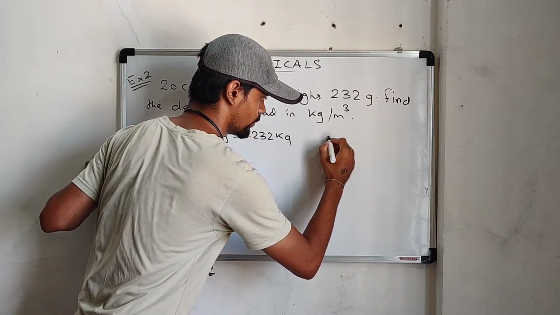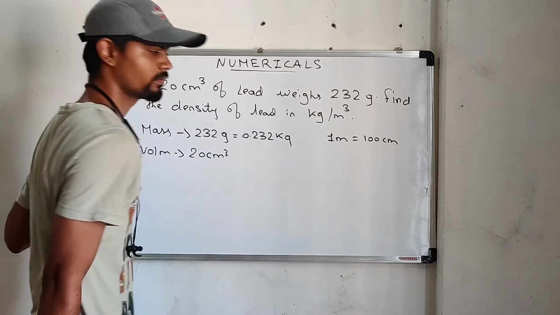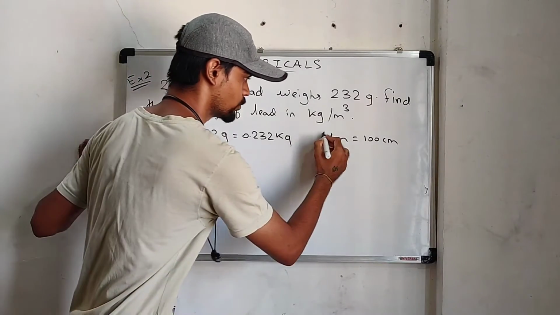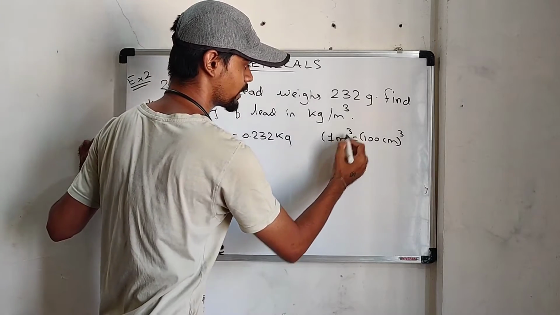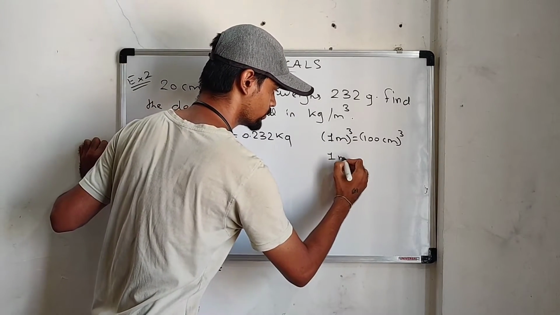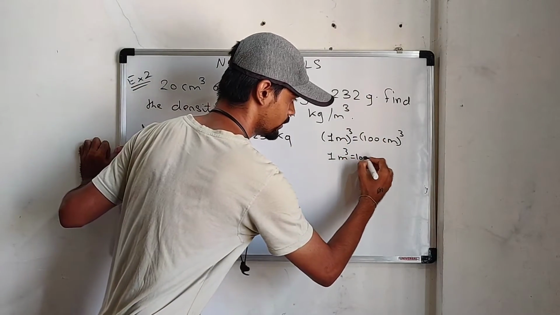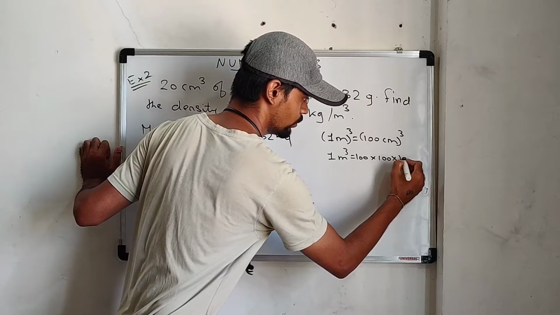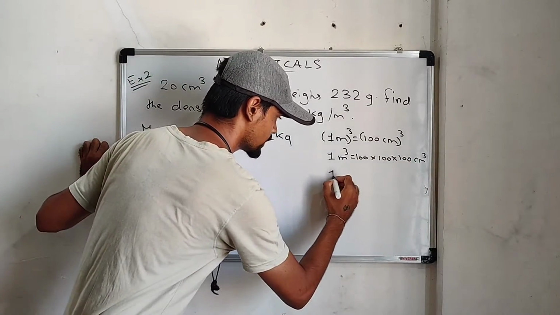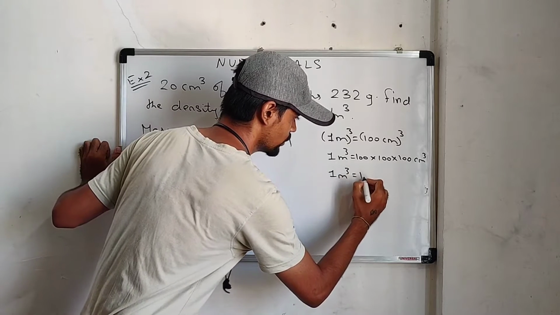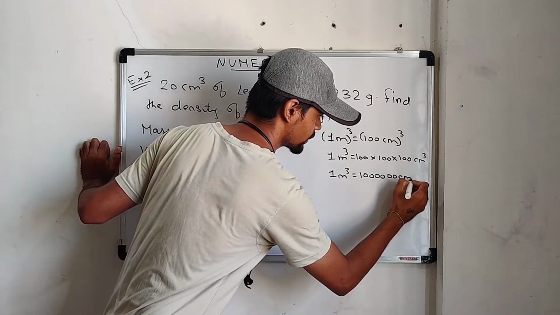1 meter equals 100 centimeter, right? We all know this. When I apply the cube on both sides, I write 1 cubed is 1 meter cube, while here 100 cubed means 100 into 100 into 100, and centimeter cubed means centimeter cube. So what did you get as the answer? 1 meter cube equals, how many zeros will there be? 1, 2, 3, 4, 5, 6 centimeter cube.